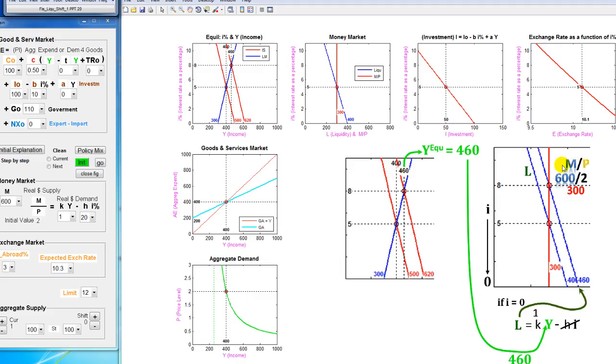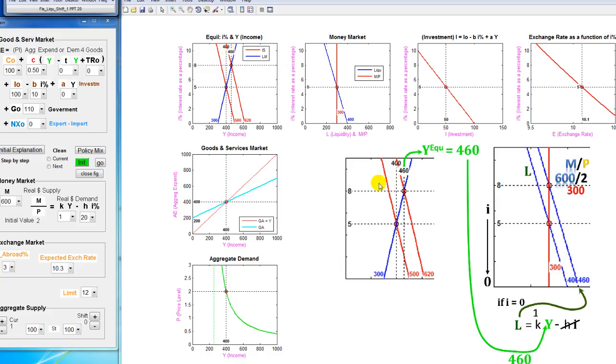Here we are not changing M, and we are assuming that P is constant. It means that this real money supply is not going to change. So we'll have exactly the same real money supply curve, but what is going to change is just L. And then, as the new income in equilibrium is now, here we can see it here,